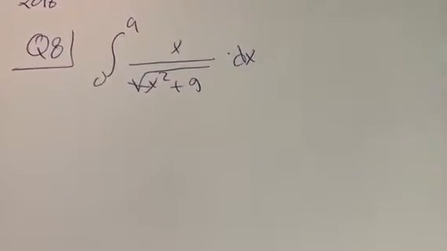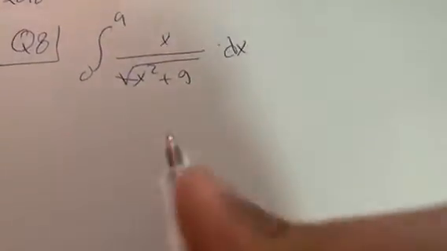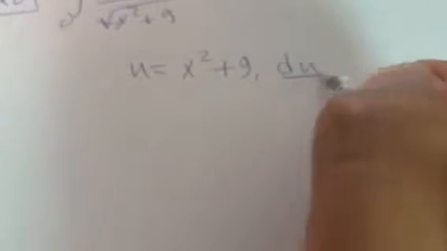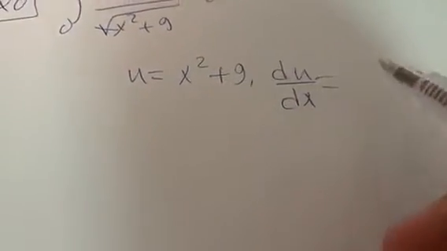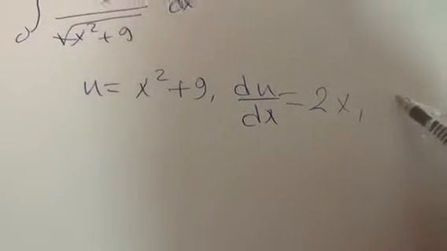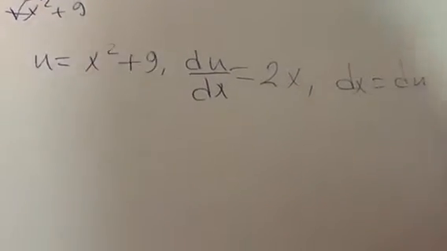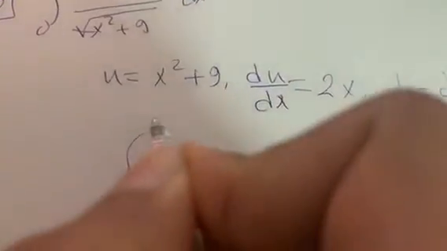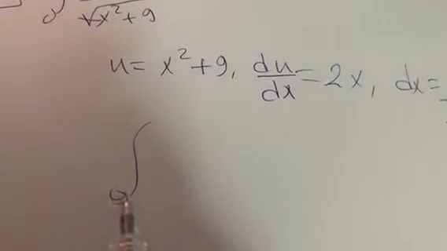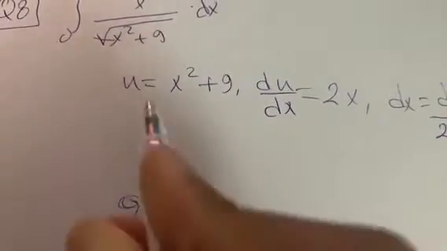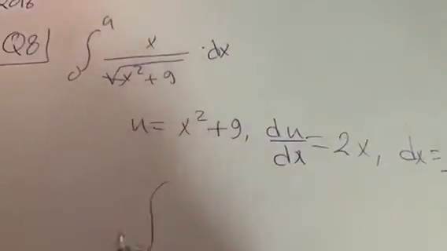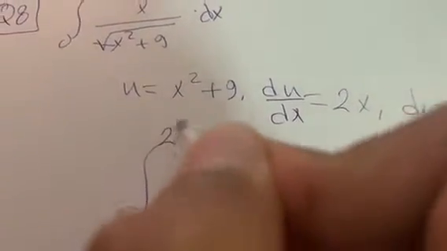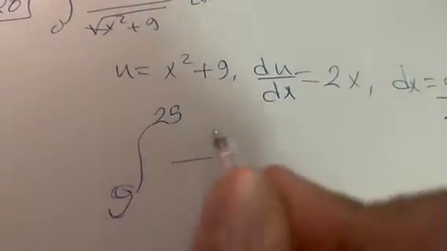This is question number 8 about direct integration and antiderivatives. We will solve it by direct integration and by u substitution. So u is equal to x squared plus 9, and du over dx is equal to 2x, dx is equal to du over 2x. So the integration from 0 to, still unknown, from 9, because we substitute x here to find the u, and to 25 because it's 4 squared plus 9,